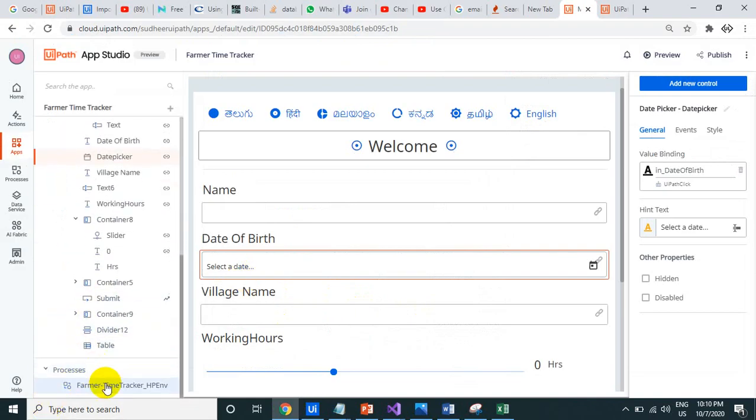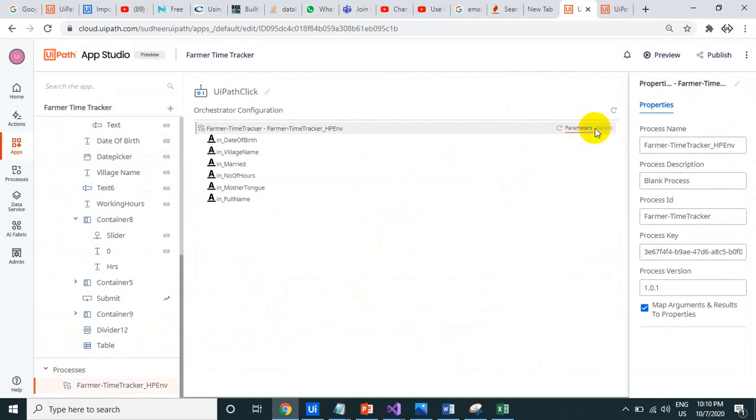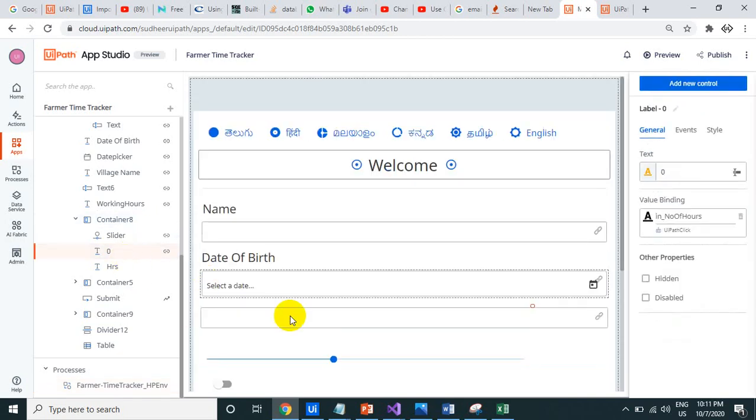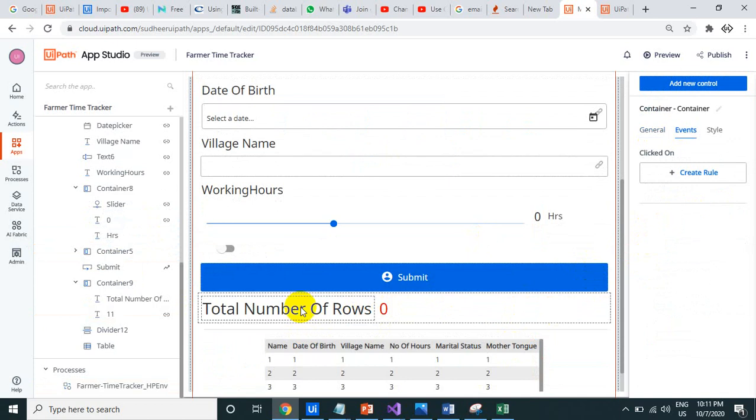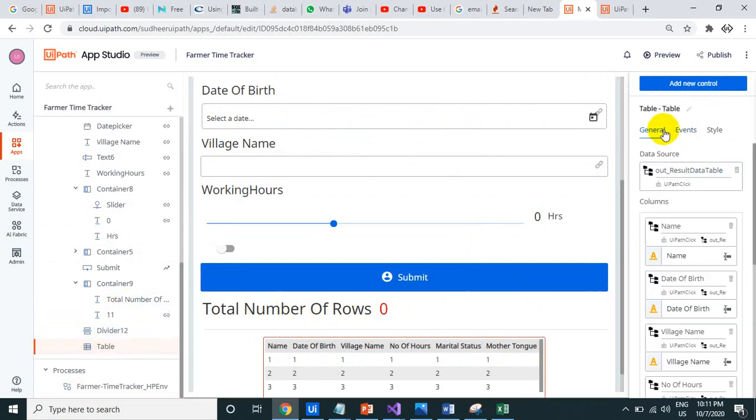The process has input parameters, and for the result we have two parameters: the data table and the number of records. In this label I assign the output_new_number_of_rows. On the data table also, we assign the data table result, and all the columns.